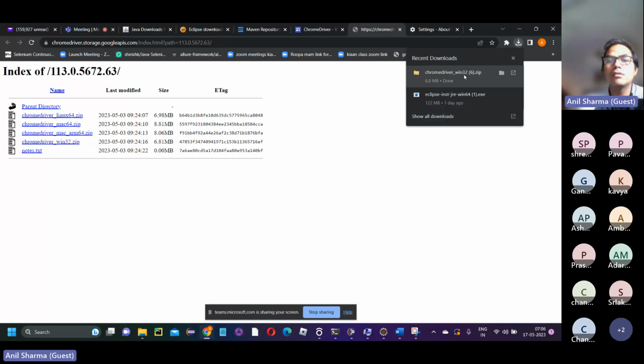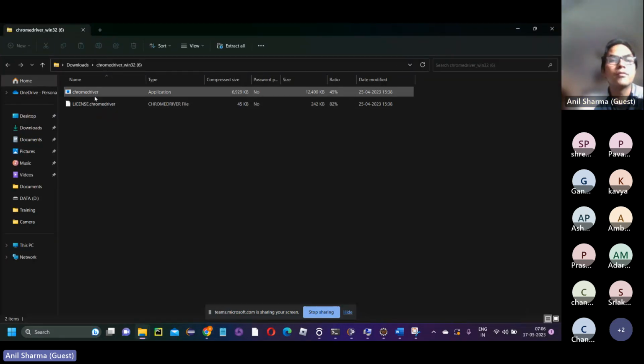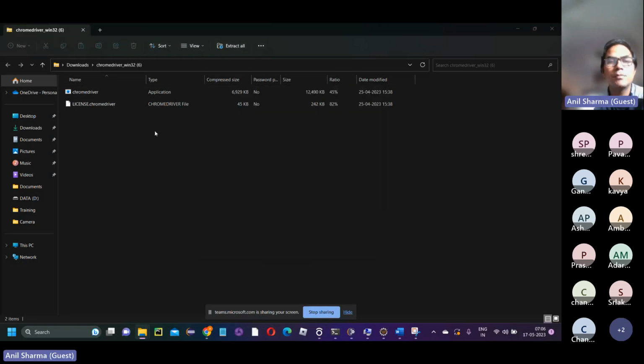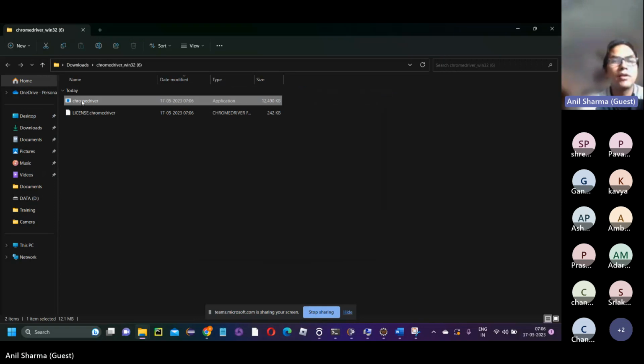So it has downloaded the ChromeDriver. Now let me extract it. Unzip the file, take this ChromeDriver,